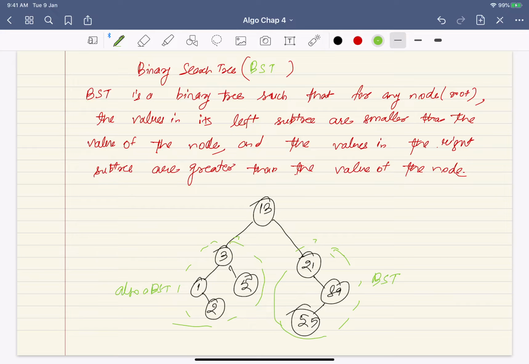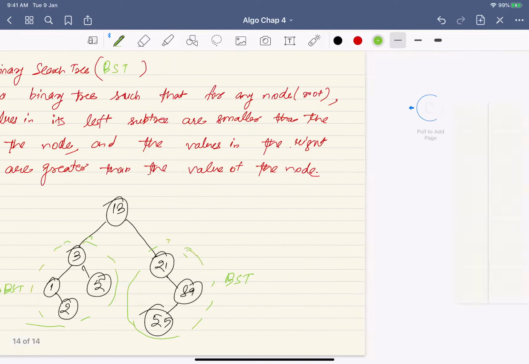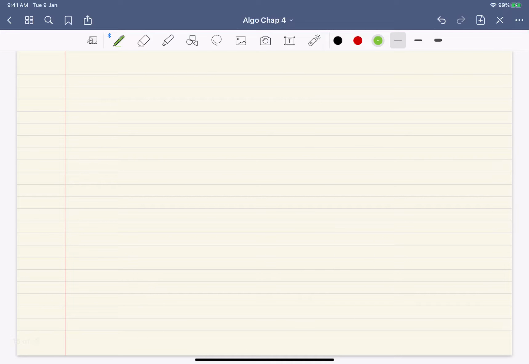Interesting. Now with the integers, can you think of doing certain operations? So let me define the main operations in a binary search tree. You can search for a key, you can insert a key, and you can delete a key. These three are the most crucial operations for any data structure. You should be able to search an element, insert an element, and delete an element.